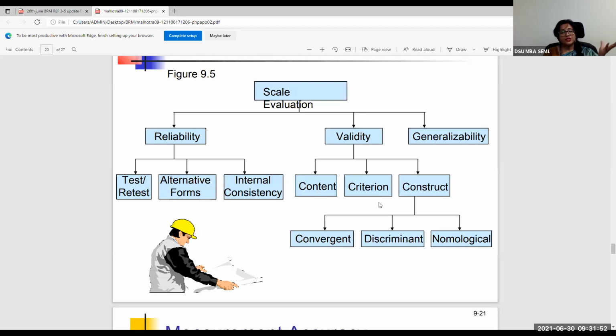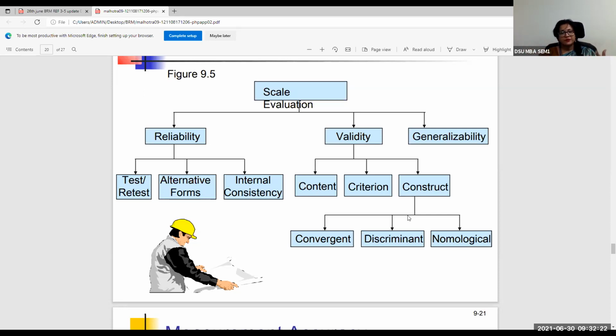It should also have criterion validity, meaning it should be able to predict something at the end of the day. And the construct, the set of items that make up the scale, should be drawn from theory, from the subject, from the domain. It must be such that when people respond, for example about repurchasing, if they answer yes to a question about repurchase, that means it is converging towards the fact that there is a loyalty aspect.